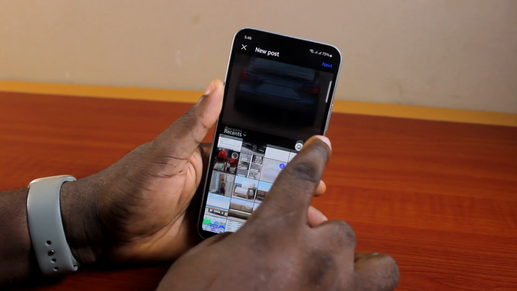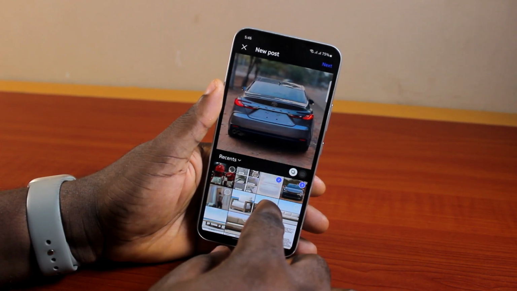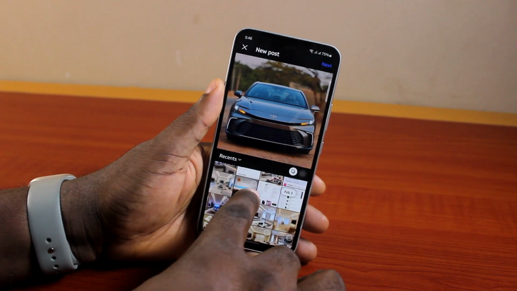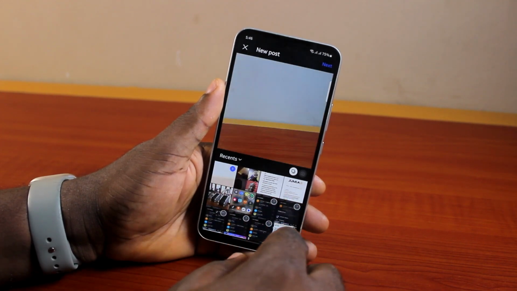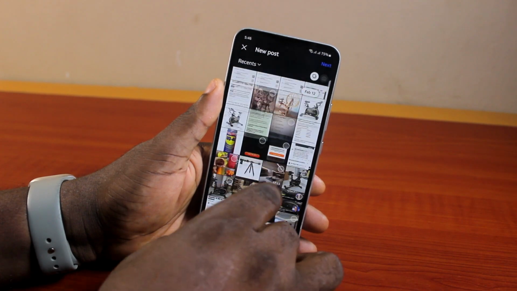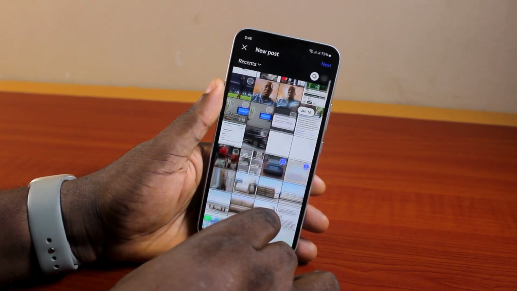Now go ahead and select the two pictures you want to send on Instagram. So let's say this picture and then this. Then if you have an unwanted picture selected that you want to remove, come here and uncheck it like this. Then it should say the pictures you selected. Now, once you've selected the two pictures,